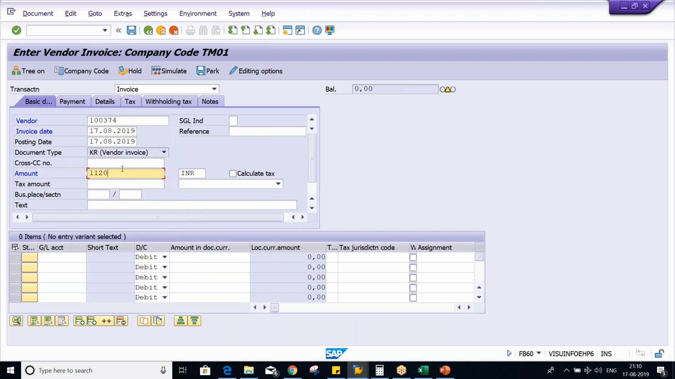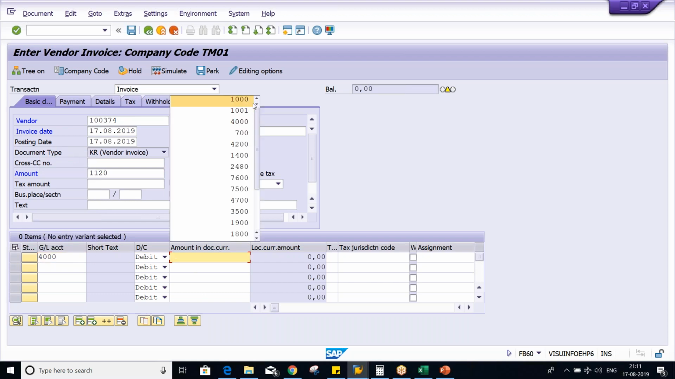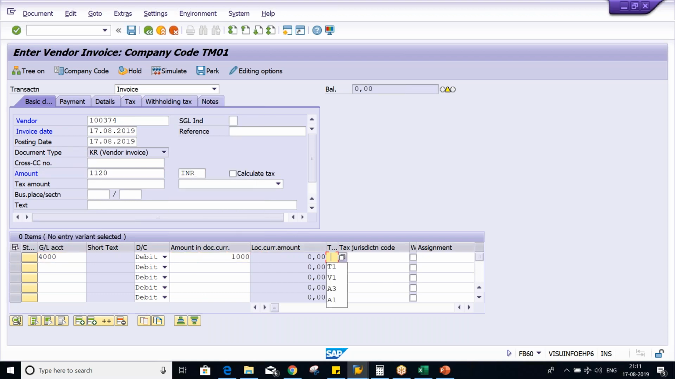Okay, don't be confused with this amount, guys. If you have a perfect understanding of tax on sales and purchase, then you'll come to the logic behind this, because here at header level the amount is different. Anyway, now here,